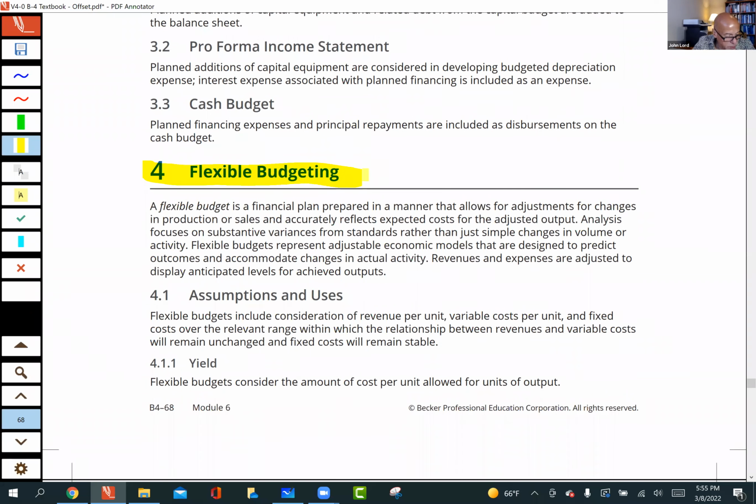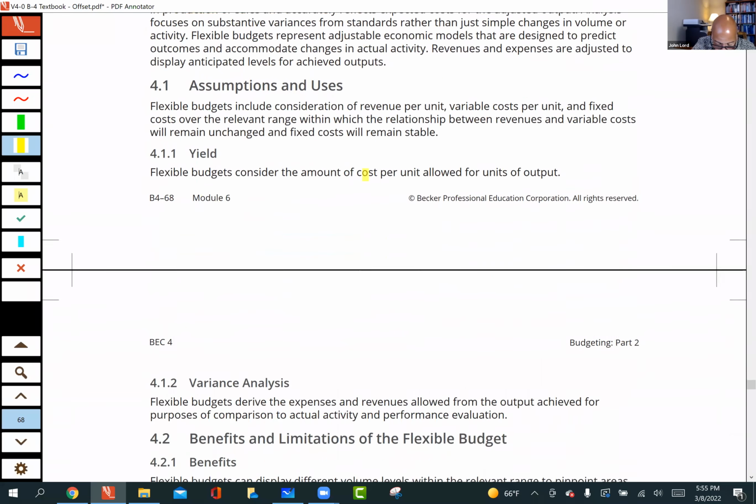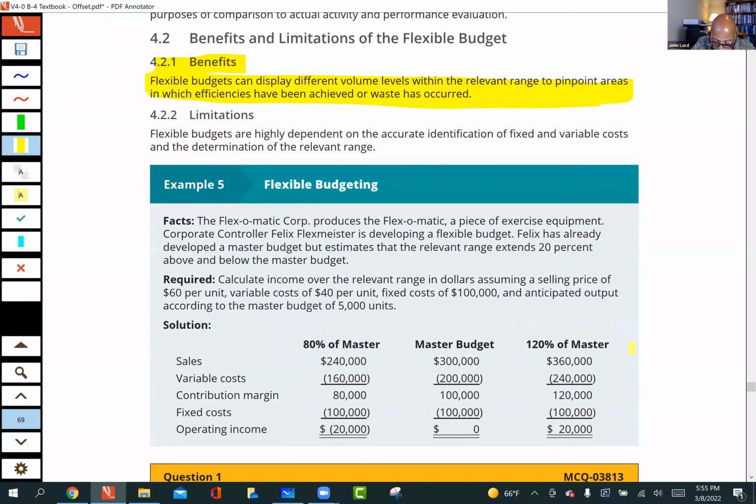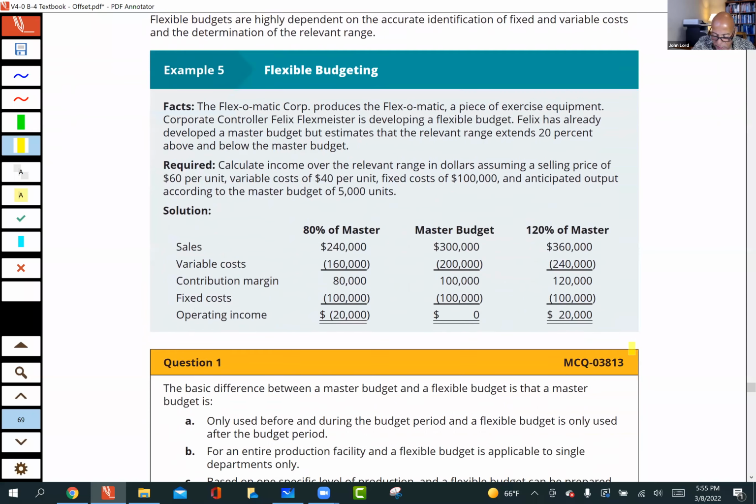This concept of a flexible budget, basically what we do with the flexible budget is it allows us to see what the different range points would be if different factors happen. So you have the master budget, and then you could start to calculate, well, what would happen if I was 20% over or 20% under that master budget? And then you can come up, using contribution format, with these different amounts that you think are going to happen.